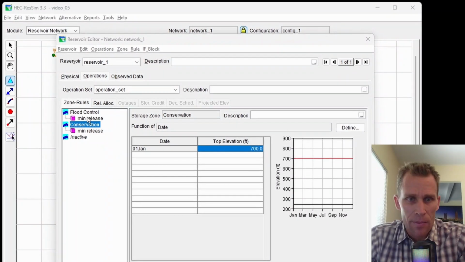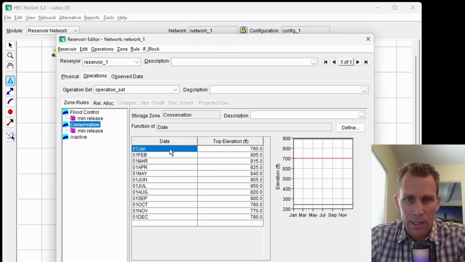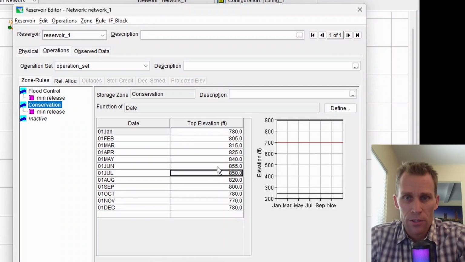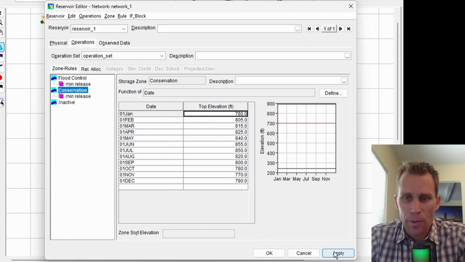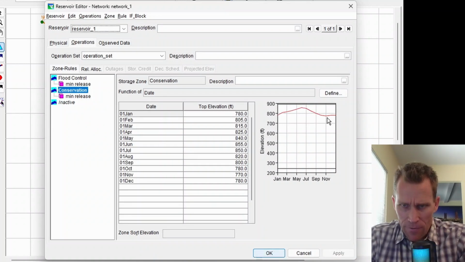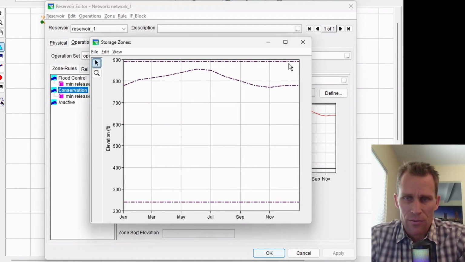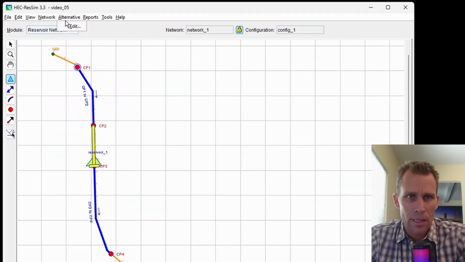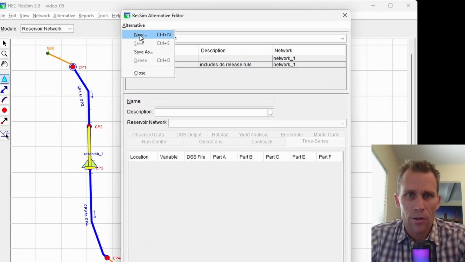So I've done that already. I have those values copied on my clipboard. I'm going to just right click, paste them in here. So you can see the numbers are well above 700 feet, which corresponds to a much larger storage. So now the simulation, I think, should start at 780 instead of 700, and then we can use the same inflow as before, just thinking ahead for when we set up our alternative three. So I'm going to go ahead and click apply. And then sure enough, we have that new curve drawn in here in the thumbnail sketch. So that's what we're going for. And then I'll go ahead and click OK. Then let me save the network there. And we'll create alternative three. I go alternative new